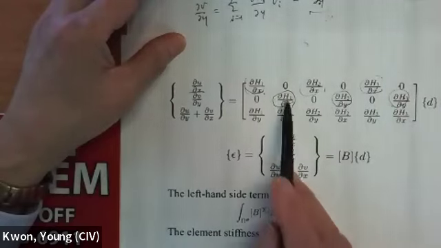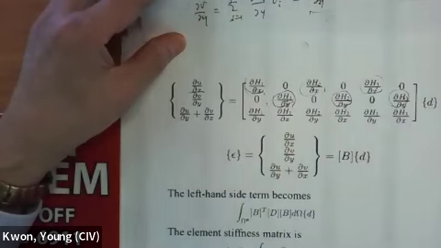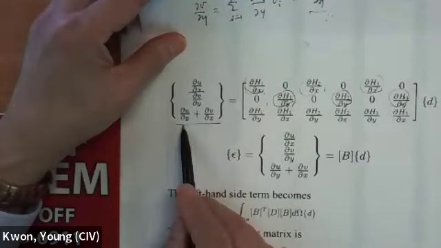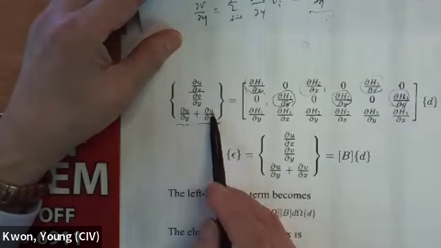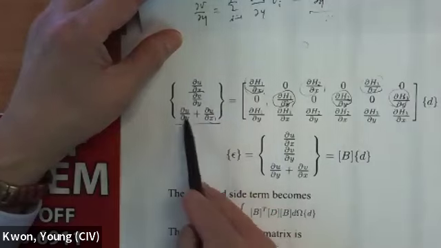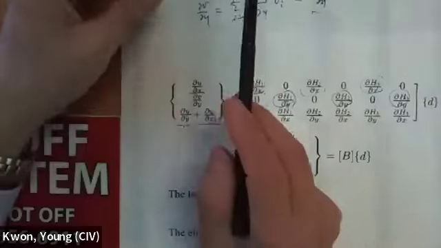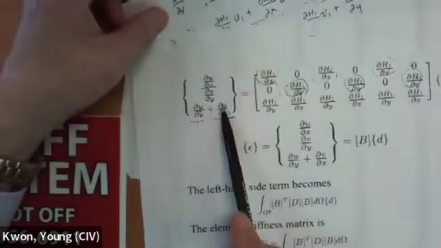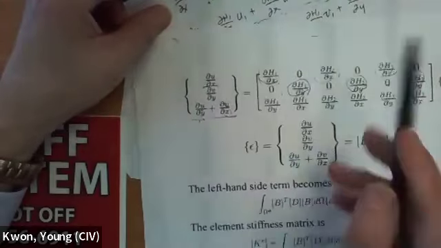The 2, 4, 6 components, 2, 4, 6, those are 0, like that. And then the last one is this one. So taking a derivative of u with respect to y, and taking a derivative of v with respect to x. So for u, we are going to take a derivative of this one with respect to y, and for v, a derivative with respect to x. So if you do that,